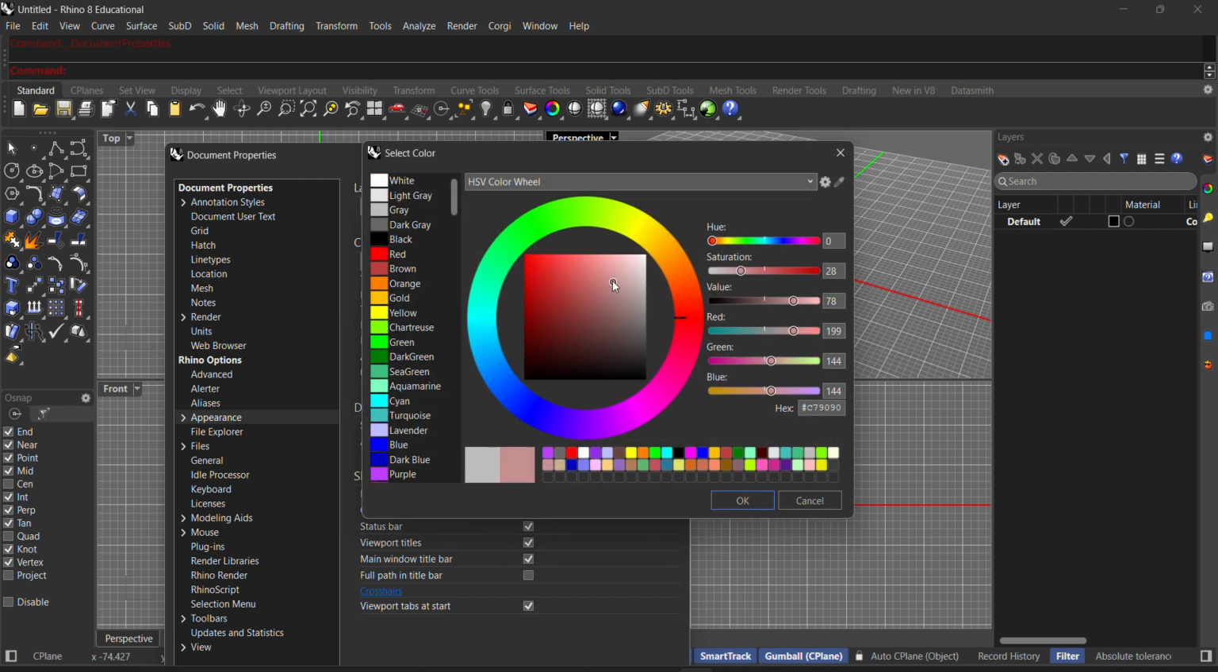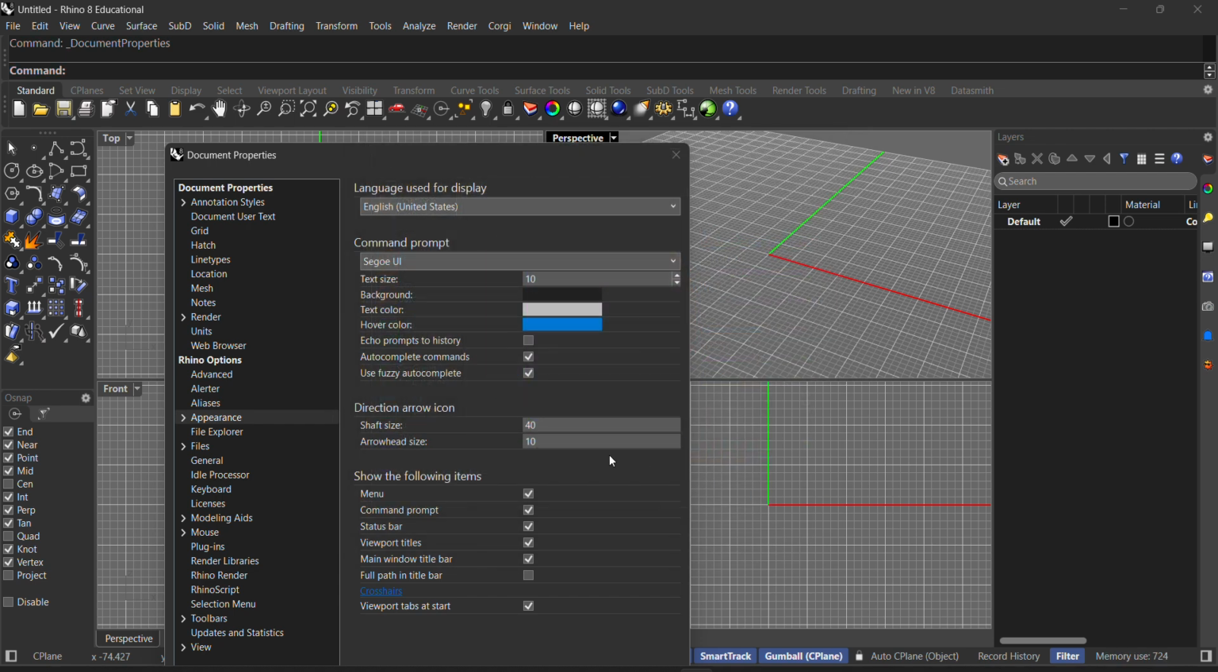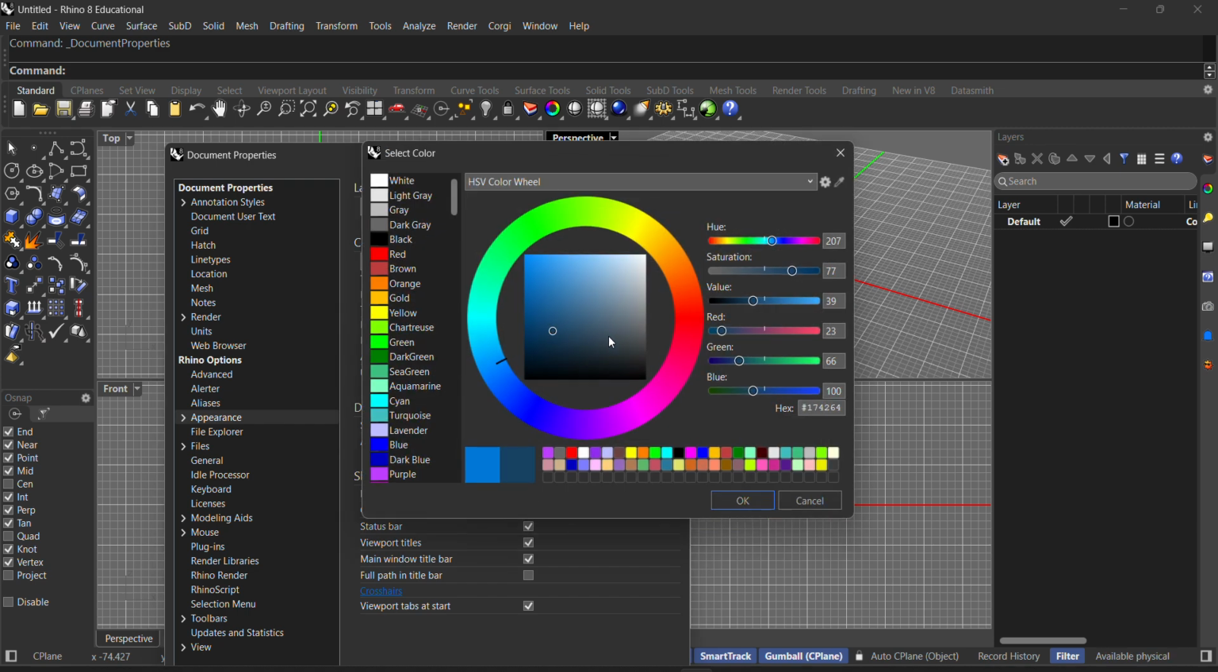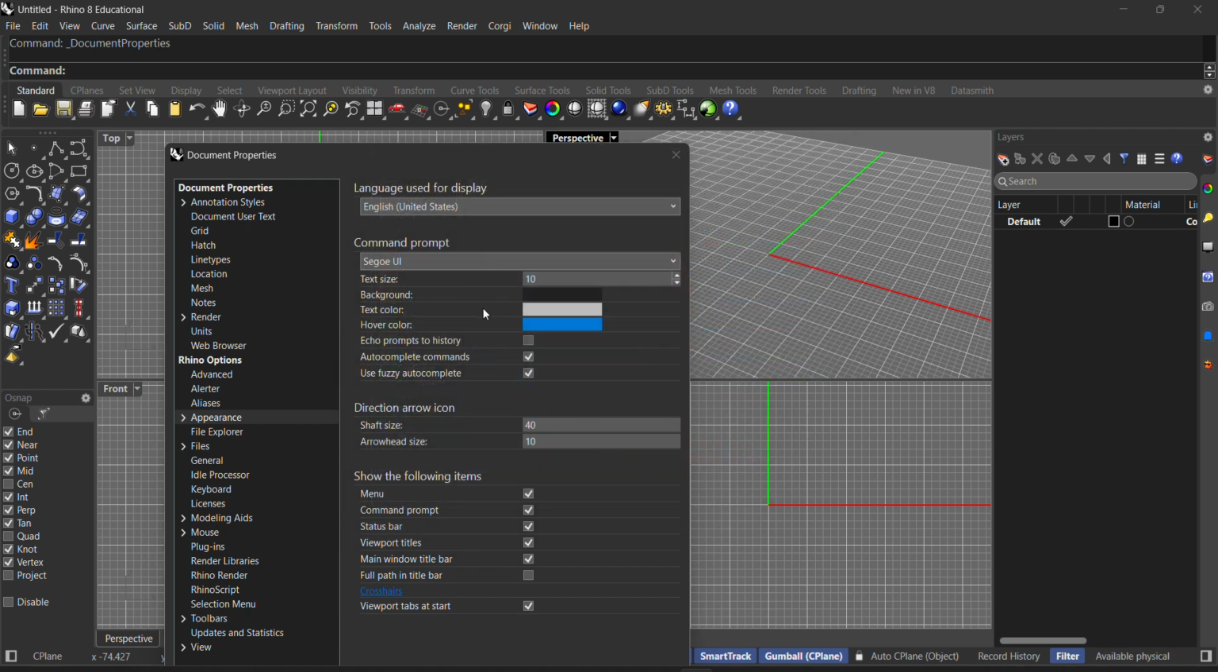Even the text color you can change to like red, pink, so if you like pink. Favorite color is pink. Hover color, it's not too important. This one doesn't really do a whole lot. If you want to go deeper into it,